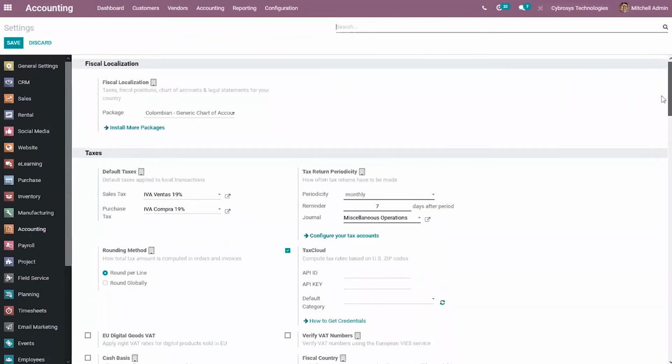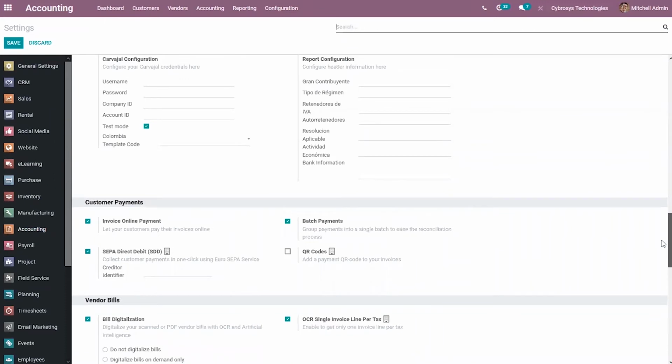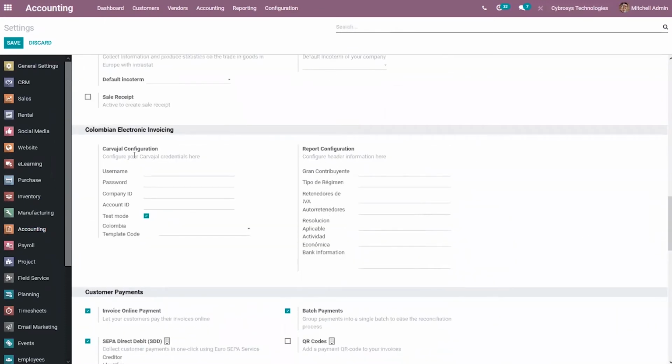When you come below settings, we can find a section where we can configure details related to Colombian electronic invoicing.